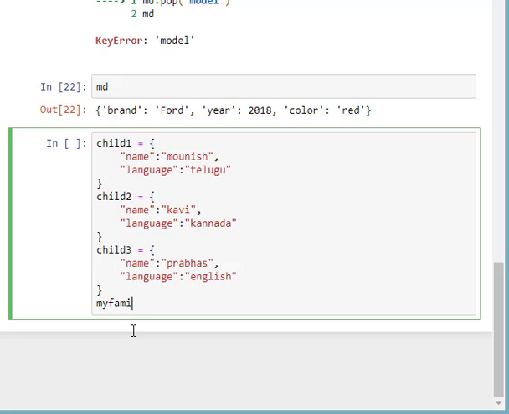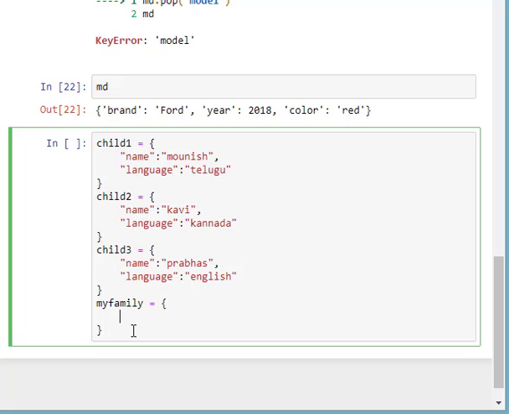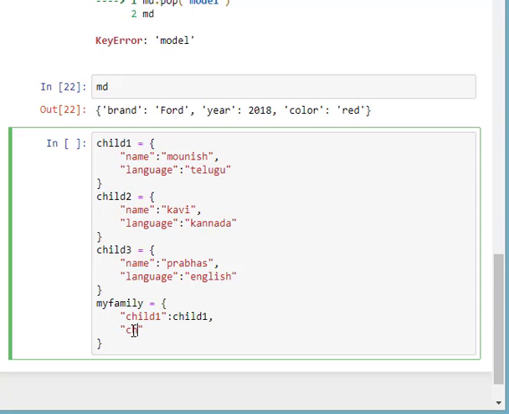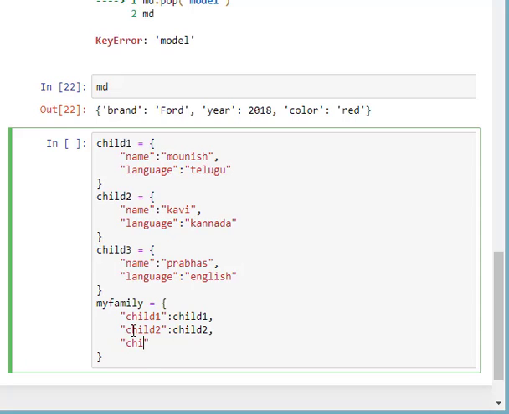Suppose I create my dictionary called my family, and in this dictionary, child 1 is the key over here, and this key will call the child 1 complete dictionary. The same way child 2, which is calling the child 2 dictionary, and child 3, which is calling child 3. Suppose this is one dictionary.